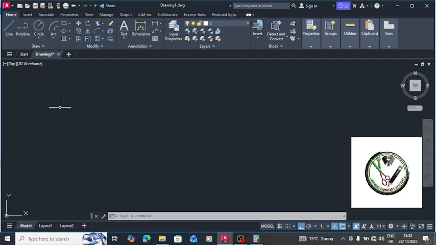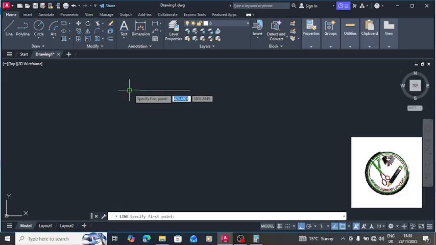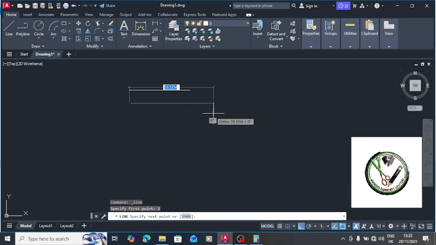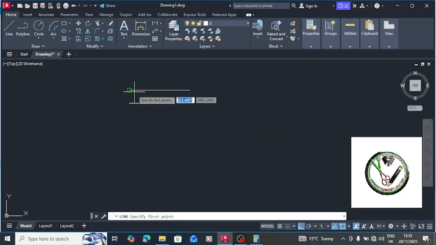Now, as I have said, we will start with the starting line, and I will draw a line of 14 inches. Enter, then escape. Then from there I'll draw 3 inches downwards, enter. Then I'll go 3 inches again, enter, escape. Then from there I'll go downwards. We'll go to the bust line, which is 9.5 inches,